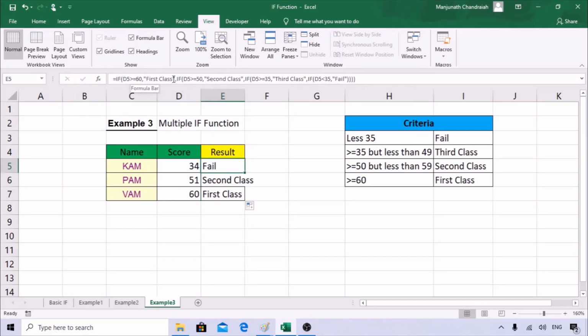The only thing is, first put one criteria, copy that, see whether it is working fine, then put the next criteria for the false and check whether it is working fine. You should go step by step. If you do it step by step, you are not going to miss any function. Majorly you need to focus on the brackets, the commas, and the double quotes for any text. It's very simple. If you keep working on the function, you will understand and use it. Keep in mind only three things: it has three criteria, the first being the logical test, true or false. Keeping that in mind, if you try putting this function, it's very helpful and very easy.